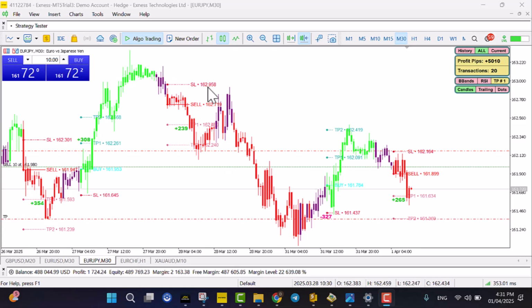And you don't want a huge stop loss, which is going to be like, for example, from here to the top of this one, which is going to take so much time, because the size of the stop loss is the same size as the TP1, and hence the 1-to-1 risk to reward ratio. A huge stop loss means also a huge TP1, which is going to take forever for the price to reach there. So with that being said, you don't want a small stop loss, and you don't want a too big stop loss. And that's why I have added a filter for a maximum stop loss and